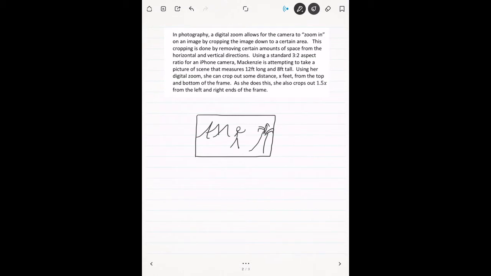We got someone waving here. And let's put a sun again right here. Okay, so here's the scene that Mackenzie's trying to photograph. Now, when she goes to photograph this, she's going to try to zoom in. Oh, and remember, this is 12 feet